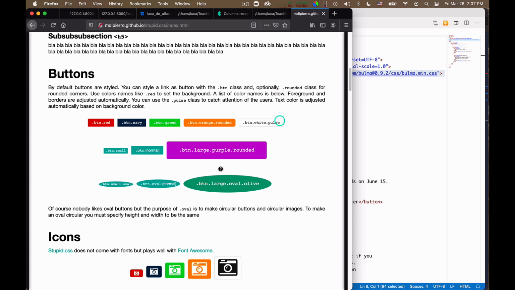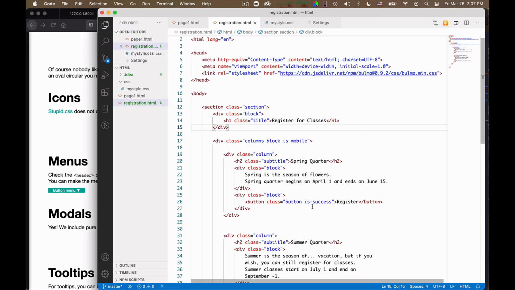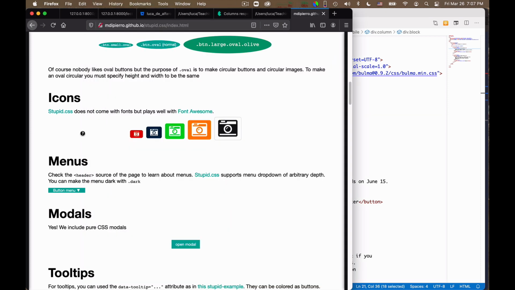You could still produce a reasonable page like the one I made, but the HTML you would have to write is different. For example, this div class block, this wouldn't have any use in stupid.css.